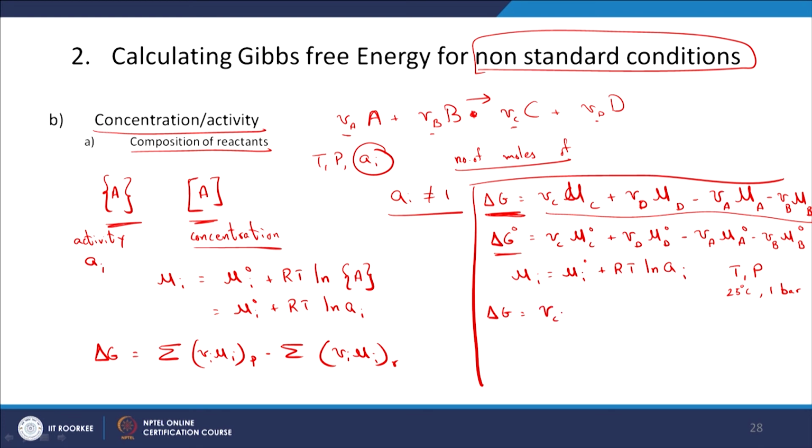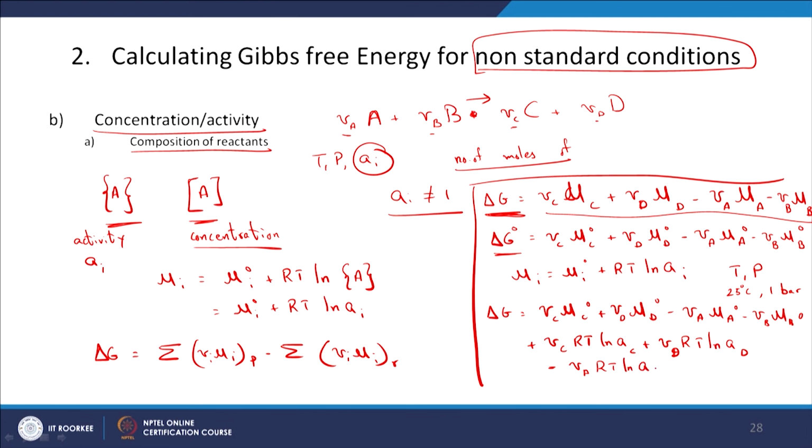That will be equal to nu C mu C naught plus nu D mu D naught minus nu A mu A naught minus nu B mu B naught, right, plus nu C RT into natural logarithm of activity of compound C plus nu D RT natural logarithm of activity of D minus nu A RT natural logarithm of activity of A minus stoichiometric coefficient of B RT natural logarithm of activity